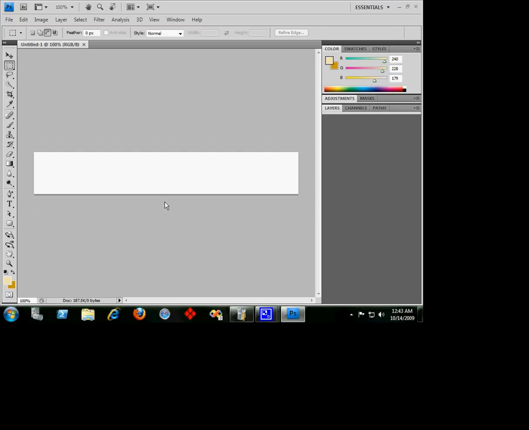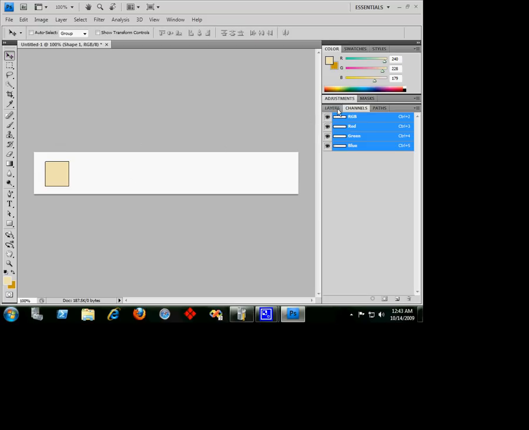So this is my banner, and the thing that I want you to learn from this first tutorial is to understand how layers work in Photoshop. Anything you do in Photoshop generates a layer. Just to give you an example of that, I'm going to create some shapes. I'm going to create a rectangle, and if you look at your layers here,